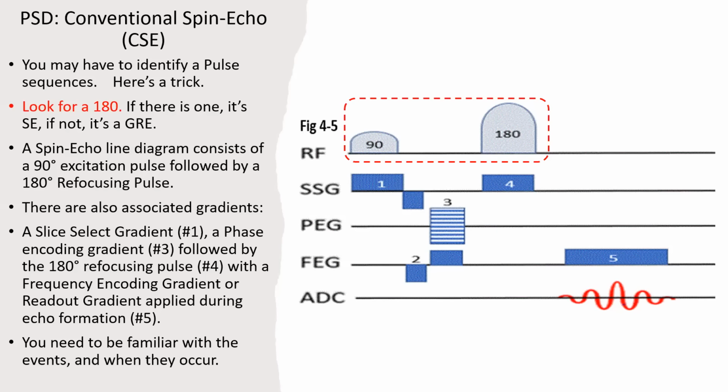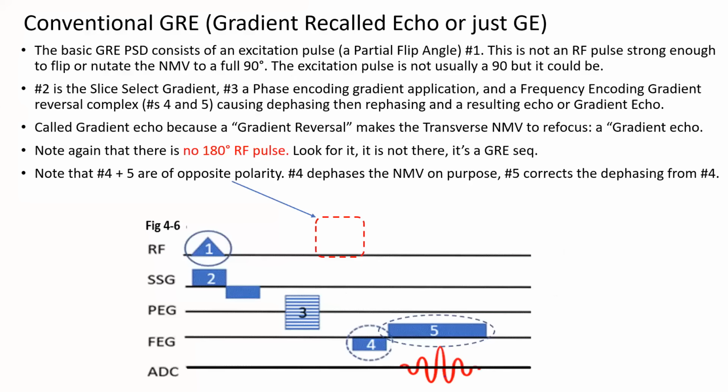So if there's a 90, 180 complex, it's spin echo. If it doesn't have a 180, it's gradient echo. Okay, so here's your basic gradient echo pulse sequence. Look what's missing. I've got it circled in red. There is no 180. So if you were to just see something as basic as this, no 180, that's gradient